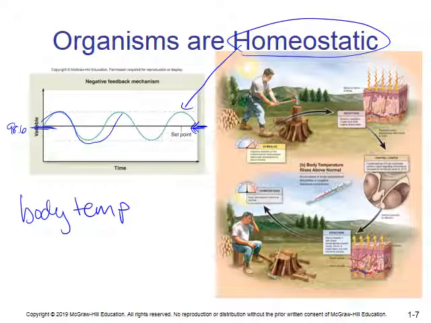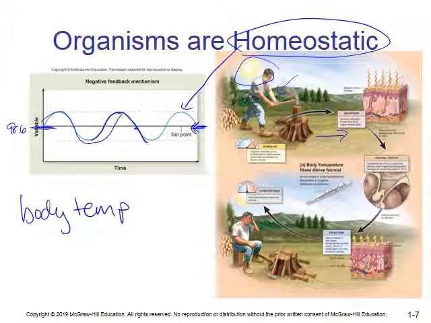So an example is here. Let's say you're getting really hot. You're outside in the sun and you're working and you're chopping wood. Your body has the ability to cool you down by sweating. So if you're in the sun and you're hot, you have temperature receptors in your skin, and they're going to send a message to your brain, and your brain's going to tell your body to start sweating. The sweat on your body evaporates, and it pulls heat with it as it evaporates, and then your body temperature is going to drop back down, hopefully closer to homeostasis. So they want you to get the idea that you have to be able to do homeostasis if you're living.